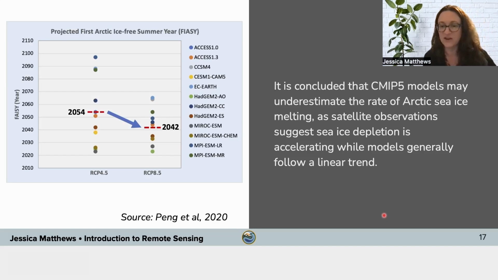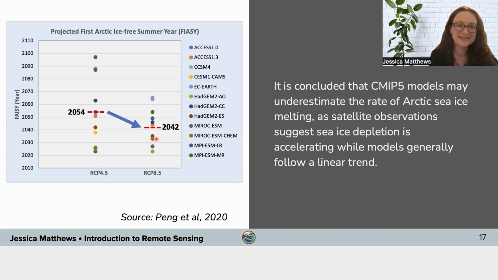You can see from this figure, as we looked at the 2 scenarios, the y-axis here indicates the year that the climate models are predicting for the first Arctic ice-free summer year. The medium scenario has that out a little bit further than the high emissions scenario, which averaged to be 2042. The legend on the right-hand side illustrates the 12 Earth system models that we were looking at. And as we compare the dates that are being projected from the suite of climate models of 2054 and 2042,